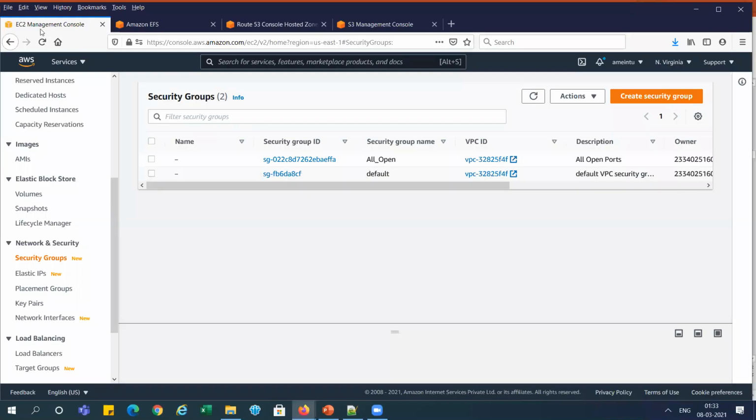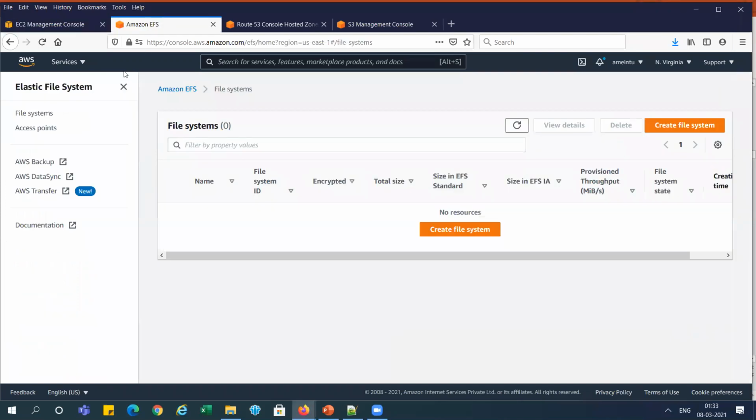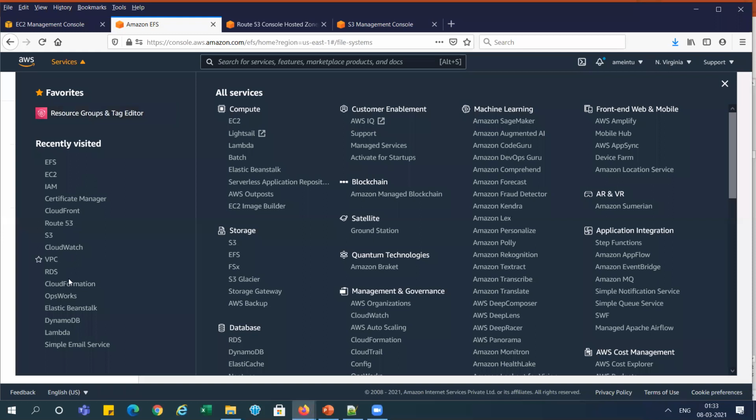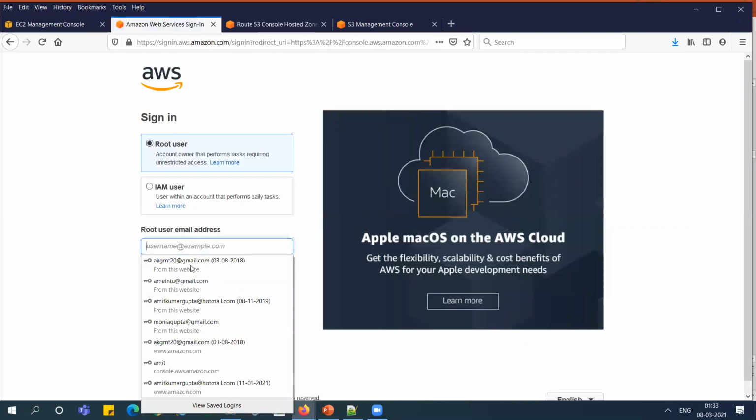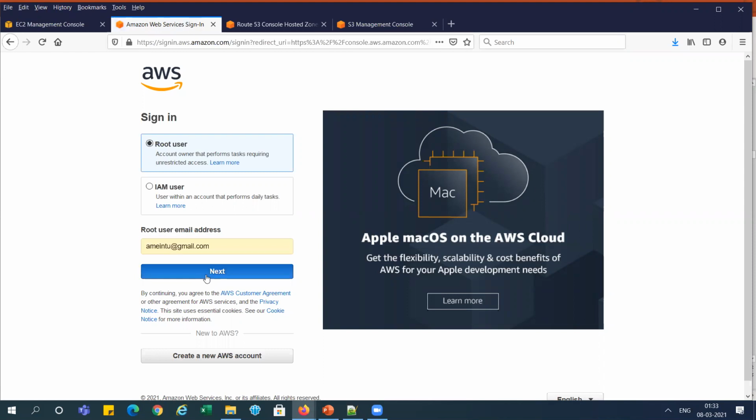You can see I am already logged in to the console, and I will open the service DynamoDB. Let me log in.